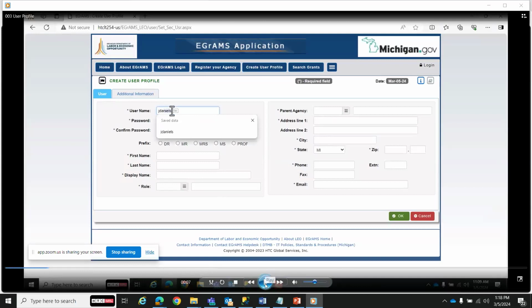So when you create your user profile, just try to do it as your first name initial, and then your last name. Avoid using any ampersands or those types of special characters in your username. And also make sure that it does not exceed 15 characters. I mean, it will give you an error if you try to do more than 15 characters, but that's the limitation. And then your password,